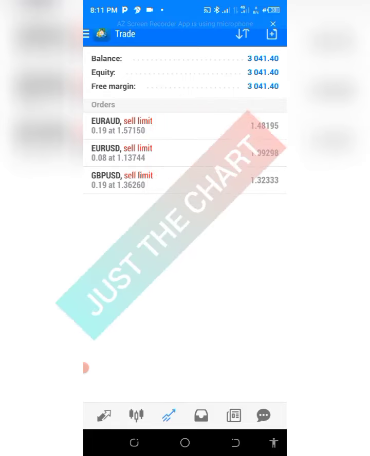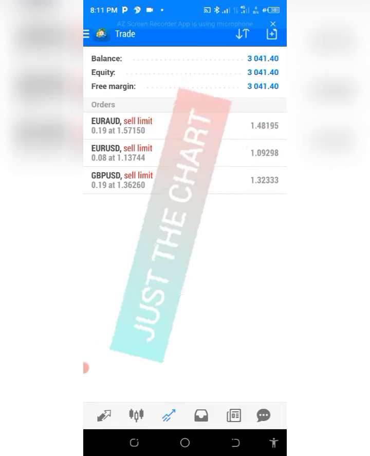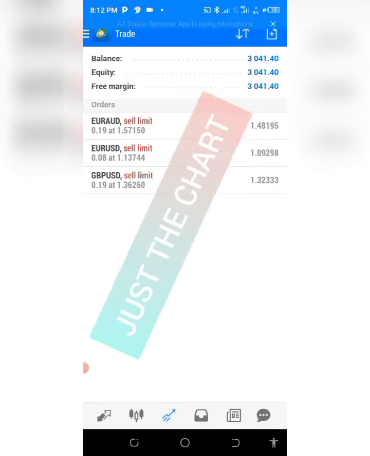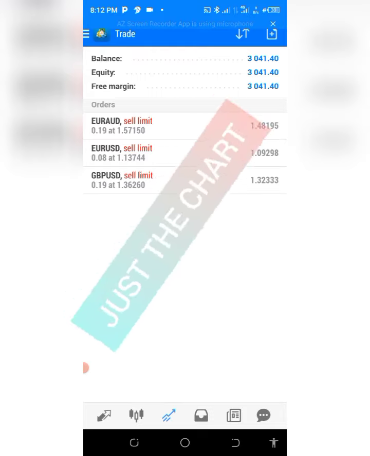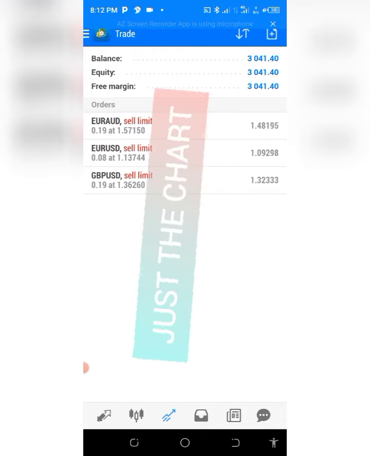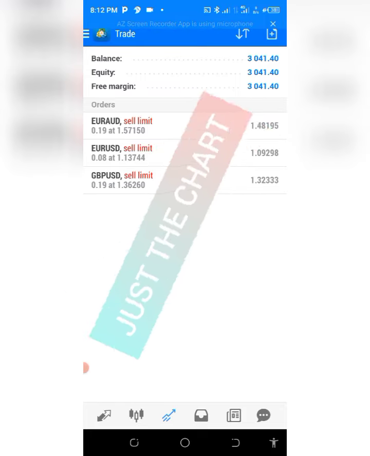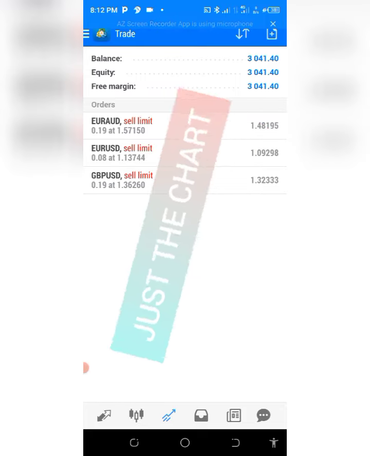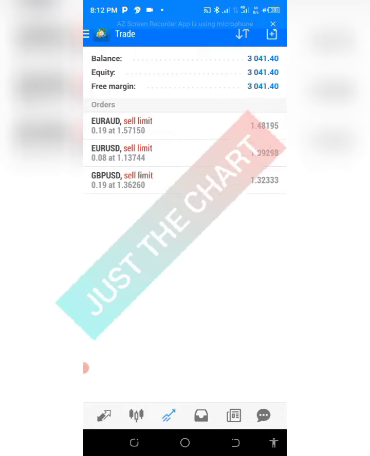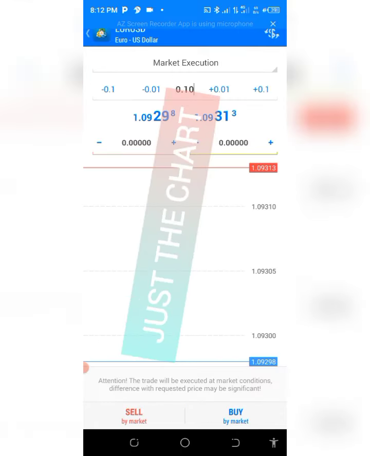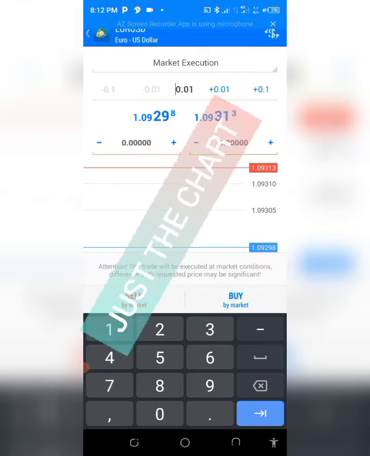Okay, so let's get to why we are here. Lot sizes are called position size. They sometimes refer to what you are staking in the market. They are actually things we use to calculate how much you are staking in the market. Okay, lot sizes, there are three types of lot sizes. So we have the standard lot size. Please take note of this. We have the standard lot size. The standard lot size is represented as